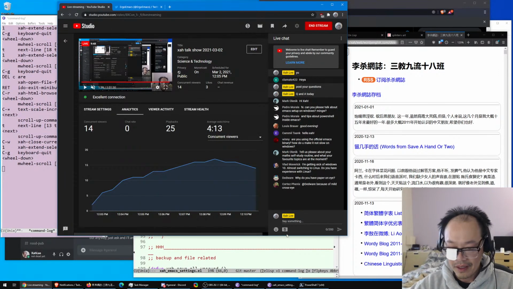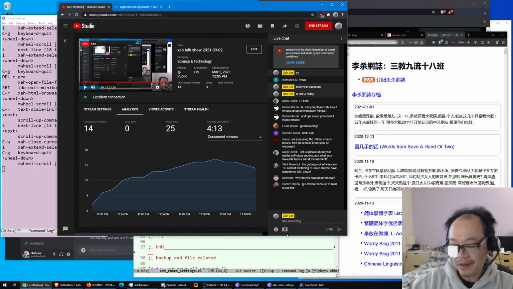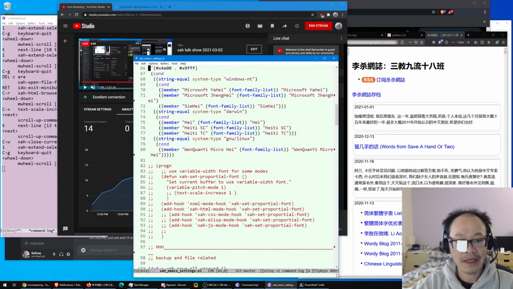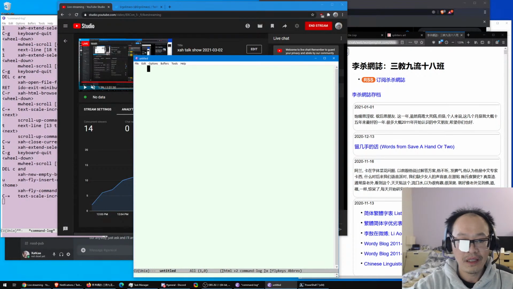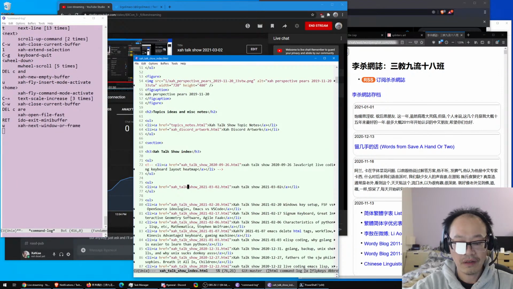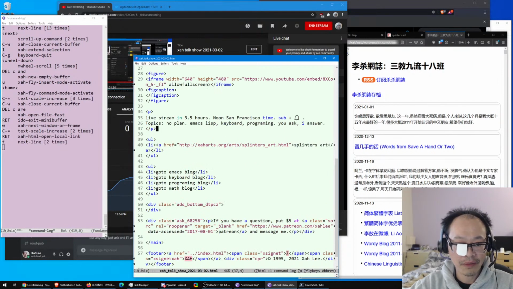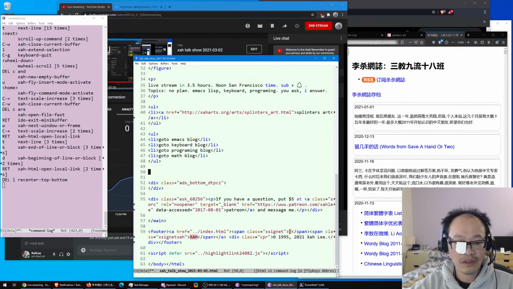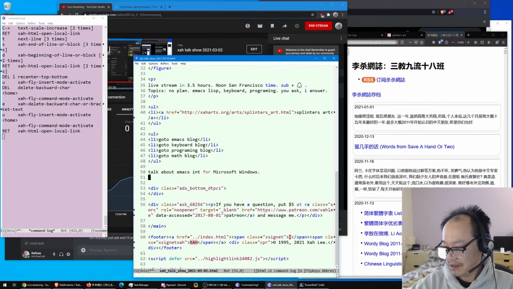I'll get to it. So one of the things on Windows is that Emacs depends on about five or so Unix commands, and I can tell you what they are. So let's go to TalkShow. Go to TalkShow, magnify, open this page. So the first question is to talk about Emacs init for Windows. And the thing you want to do,